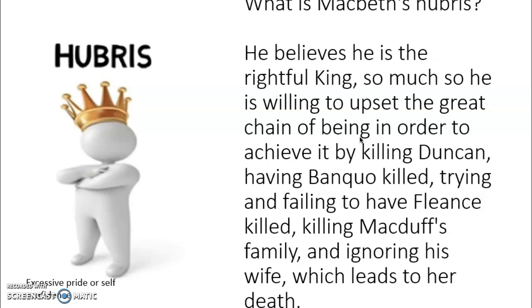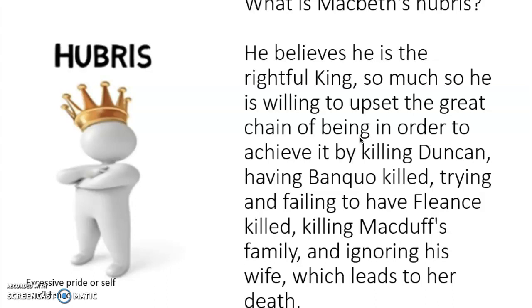Now remember, the great chain of being was the order that was set down, apparently by God, where God's at the top, then there's kings, and then there's the dukes and the earls, all the way down through the knights, through the men, the women, the stones, the plants. And there was a natural order of things, and Macbeth believes that it is his right to be the king, so much so that he's going to make sure it happens by not only listening to the witches who foretell